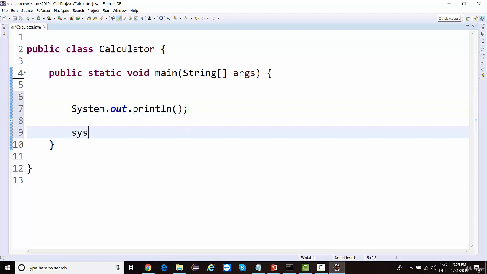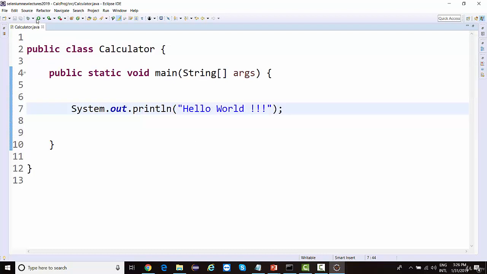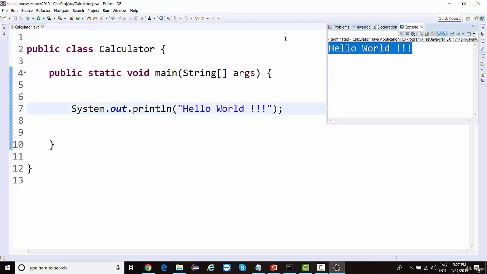That is SYSO, Control Spacebar, Enter, right? So System.out.println, within brackets we're going to give double quotes and write the very first program to print Hello World. So just save this. This is the run button. Click on this. We're going to execute Hello World, right?